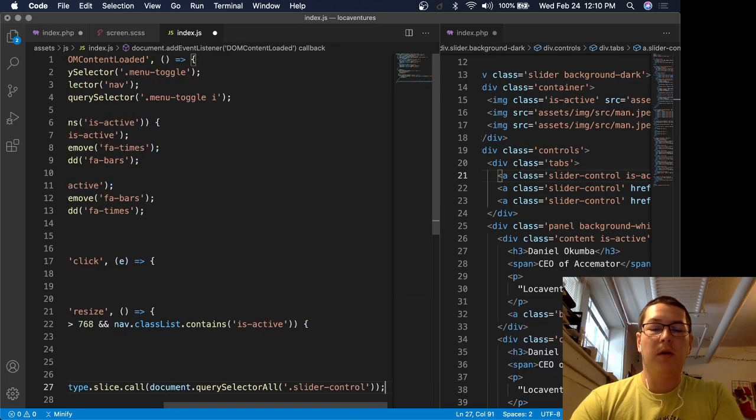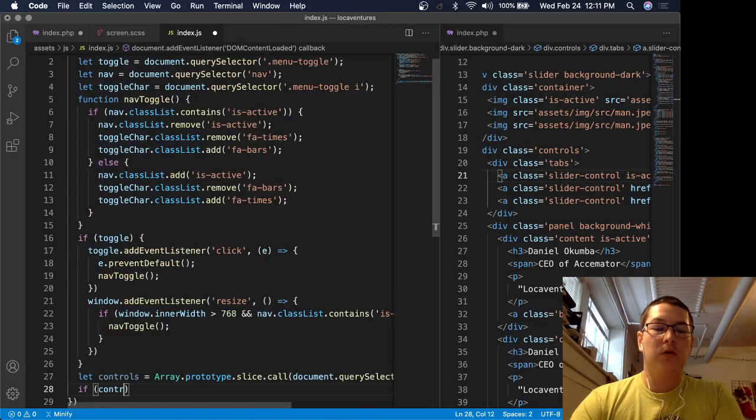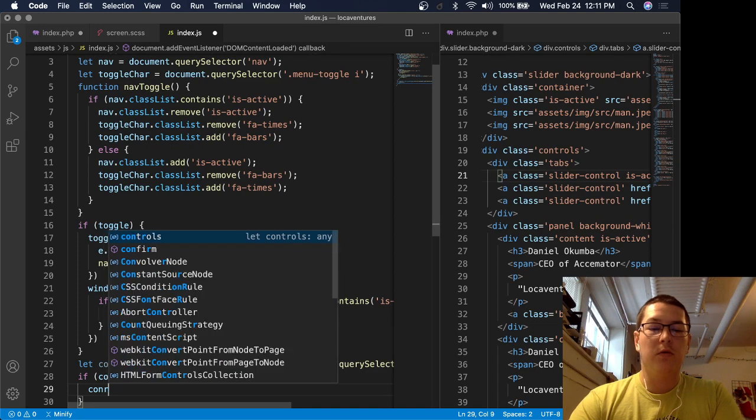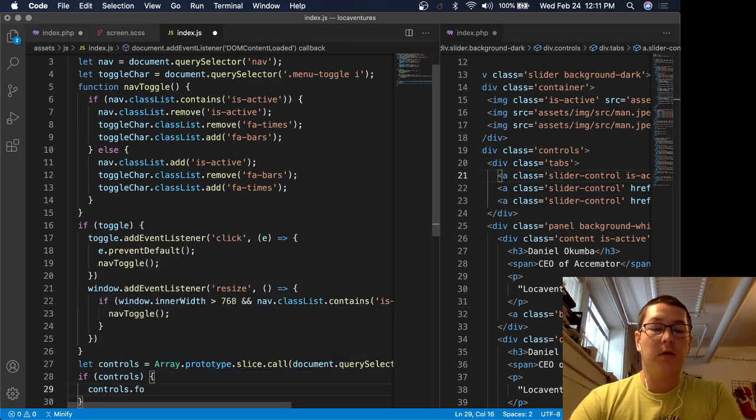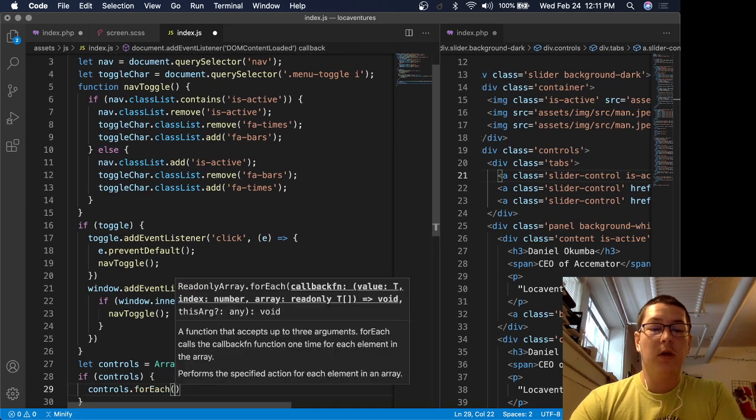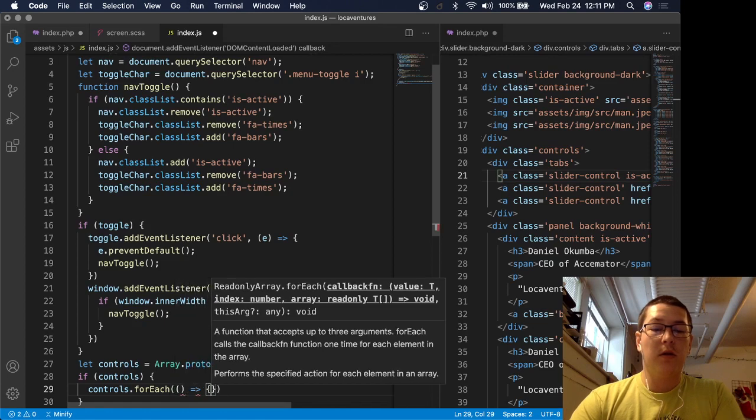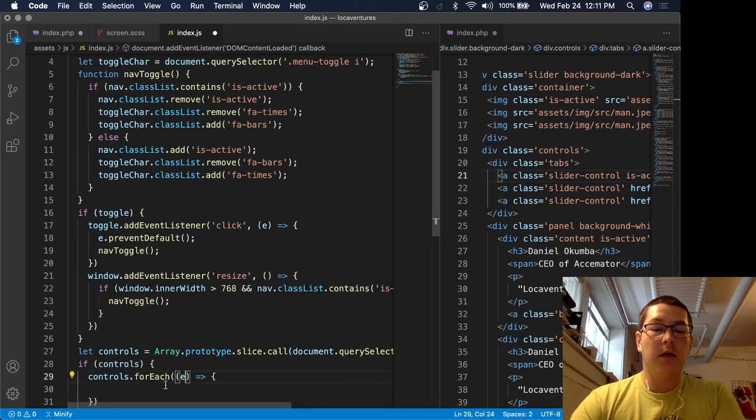Bam. There we go. If controls exist, for each control, go like this, take that,